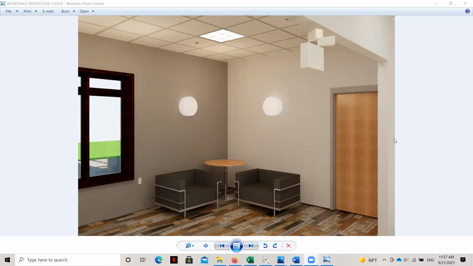So what you're looking at right now is actually a Revit rendering that shows all of the elements that come, as we say, right out of the box with Revit. This is all the generic families that are within Revit that are good looking, but don't necessarily have the unique personality of the design's intent or the designer's intent.